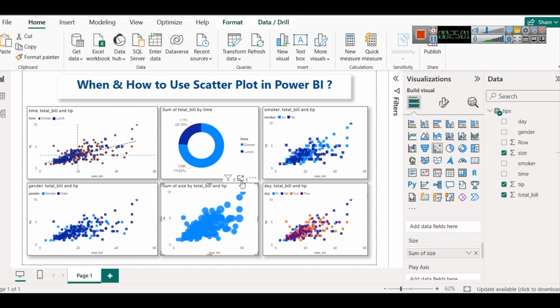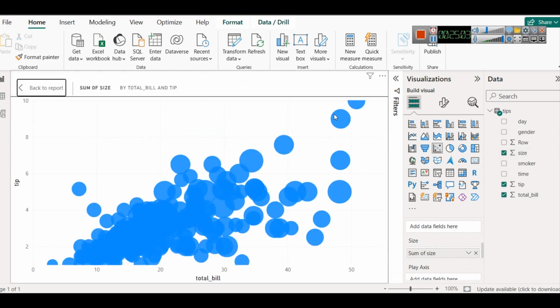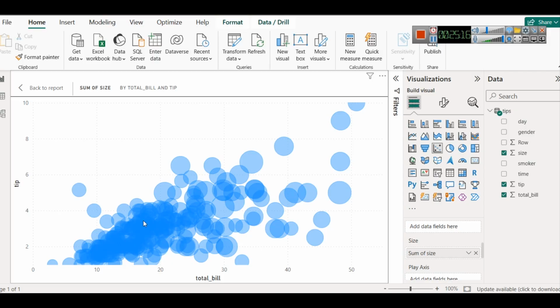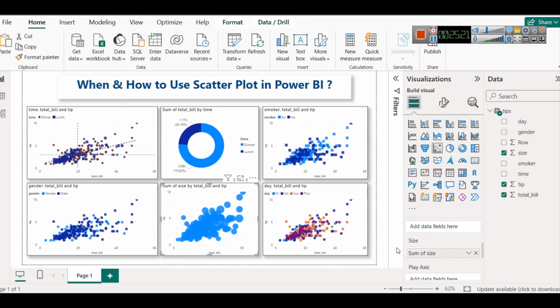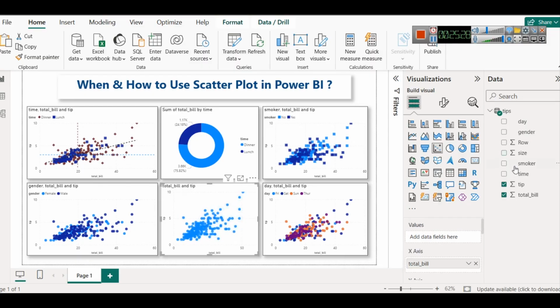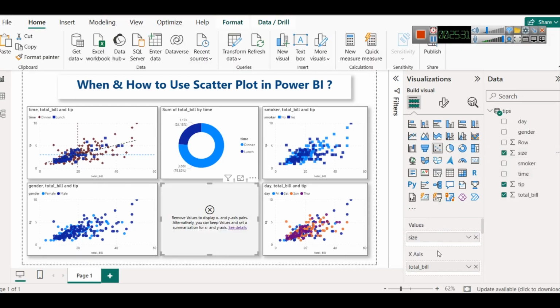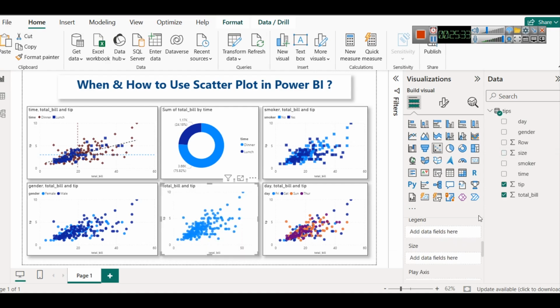So when you do this, it will create this kind of heat map for you, where you can see that when we have different sizes here, size 6 represents a bigger circle. There will be cases with smaller circles that are smaller numbers. So this is the data set where we can use all the fields of a scatter plot. But you can also introduce size as a legend,